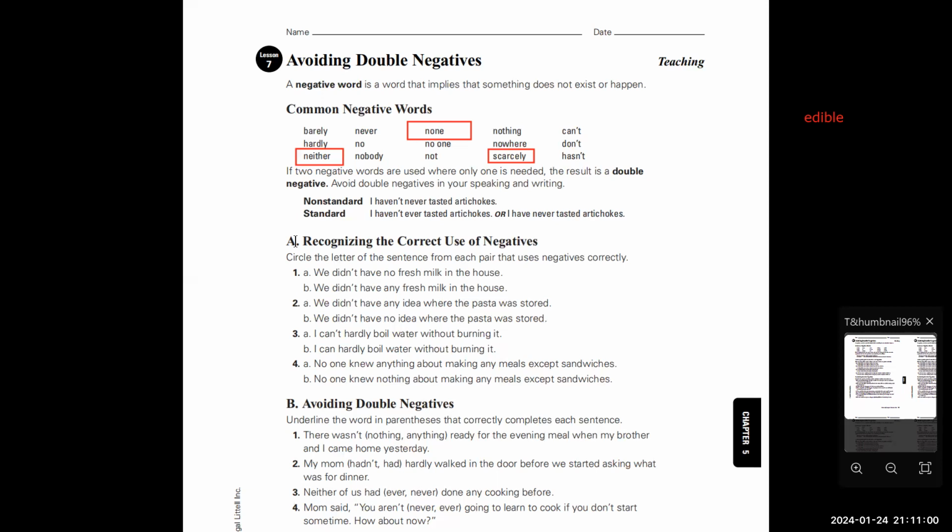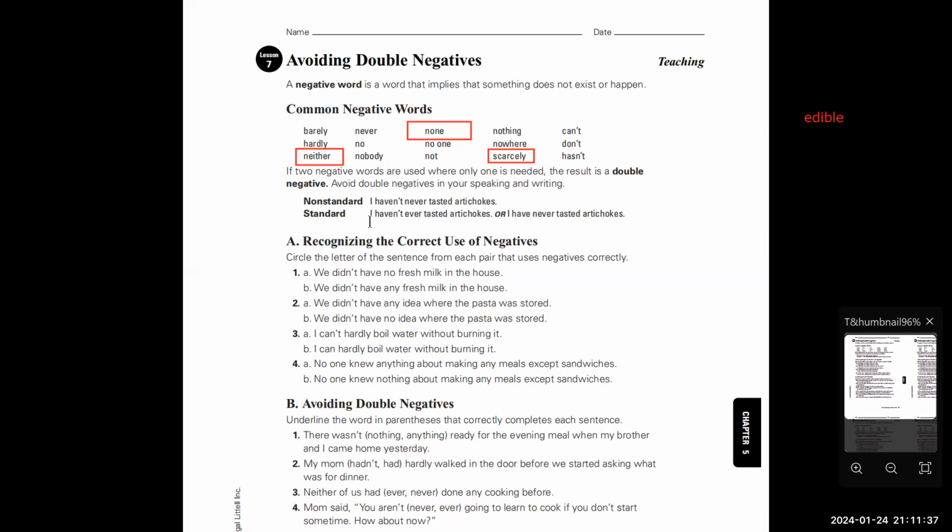Number three. Let's see. I think it's A. I can hardly. Let me see. Okay, you're not sure. You try to think more. Number three. I think it's wait. Hardly is a negative word. Can't answer that for now. So I think it will be.